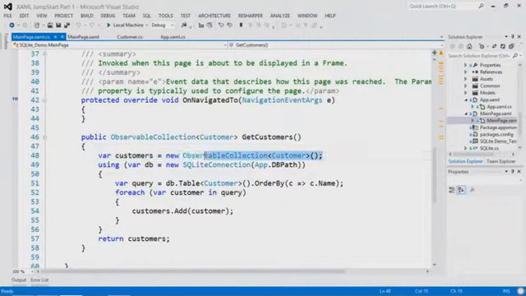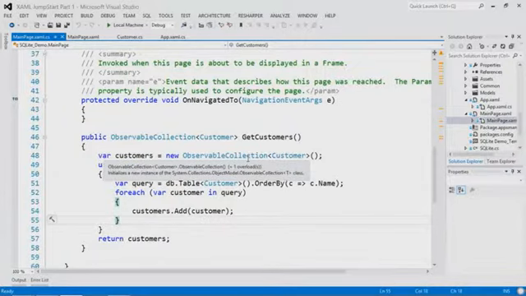We instantiate our list. We connect out to our database. We do a simple query. Notice it's a nice LINQ syntax. Yeah, it is, even with an order by. Yep. I guess I could do a .where and everything else. Absolutely. That's cool. We're iterating through each of the customers in our query, and we're adding it to our observable